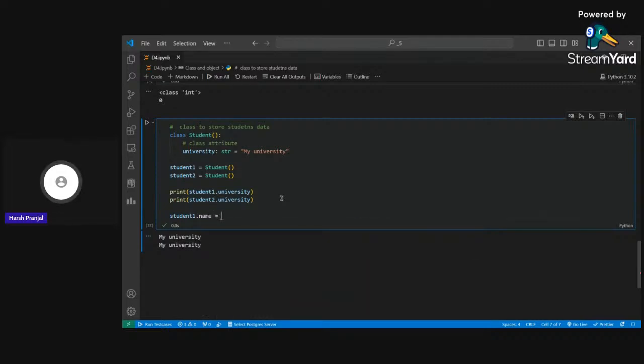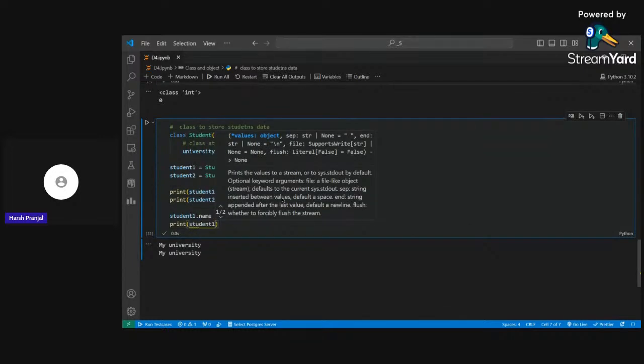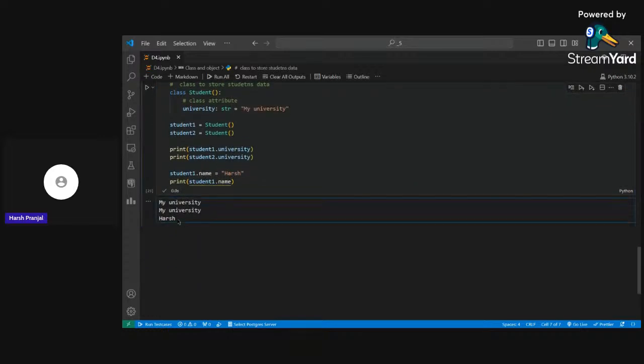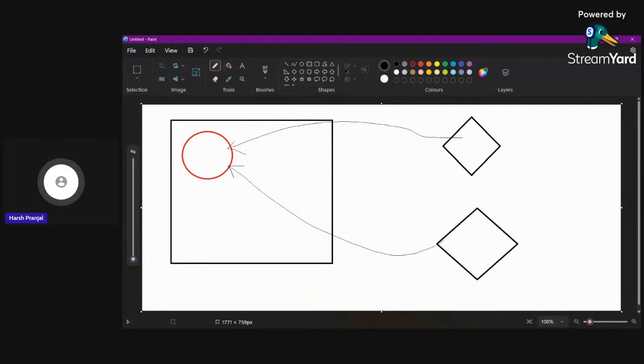Just write dot name and it will create an object attribute for you. Now, if I print it, it will print the name. That is an object attribute. What we have just done is create an attribute for